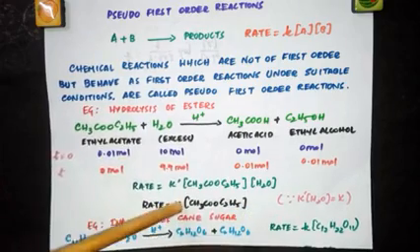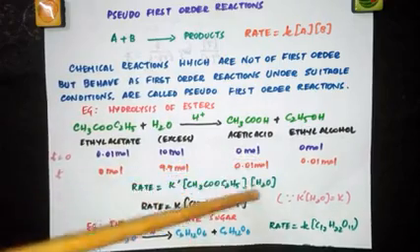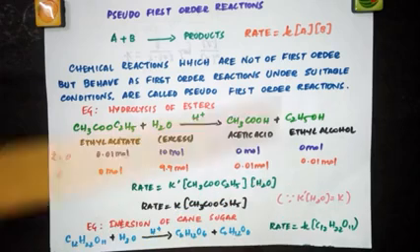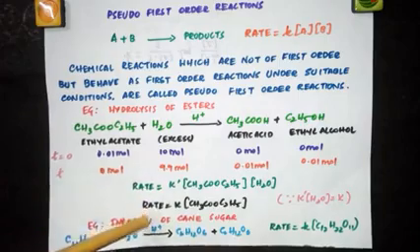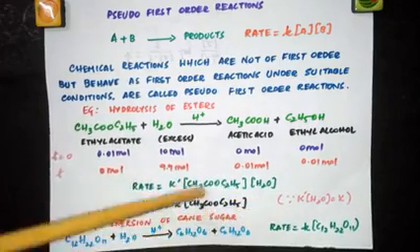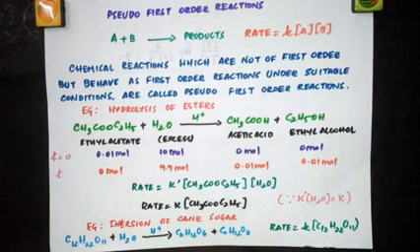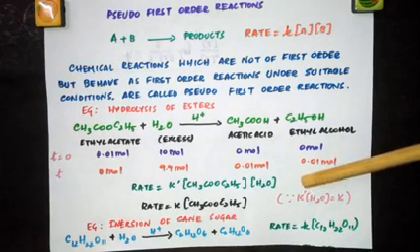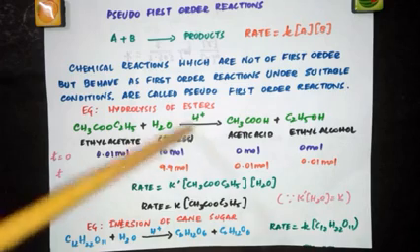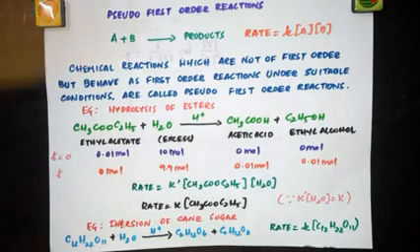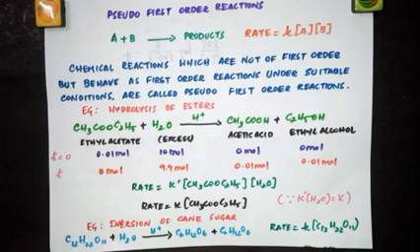So rate is equal to K. This K is actually K dash into the concentration of water. This means that one of the reactants is in excess, so it does not affect the rate of the reaction. So the rate actually depends only on the concentration of ethyl acetate, which means only one reactant's concentration. See, since K dash into H2O is equal to a constant. Such reactions which are not truly of the first order but under certain conditions become first order, here because one of the reactants, water, is present in excess, are called pseudo first order reactions.